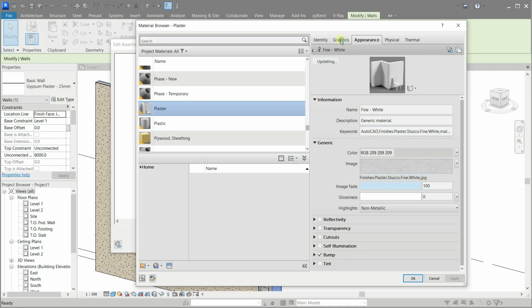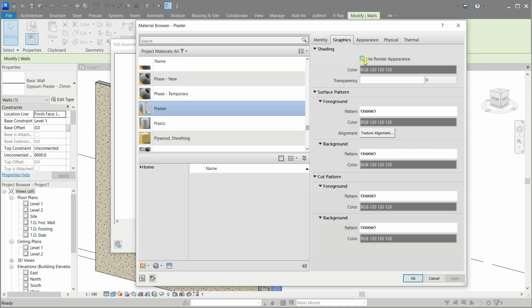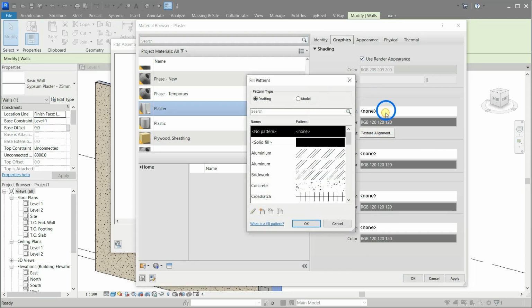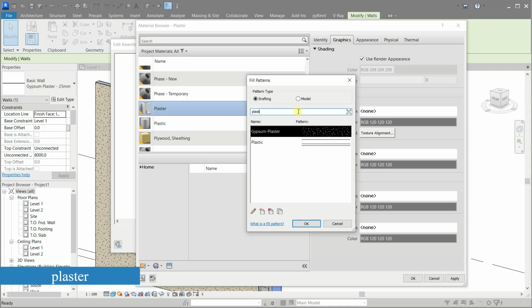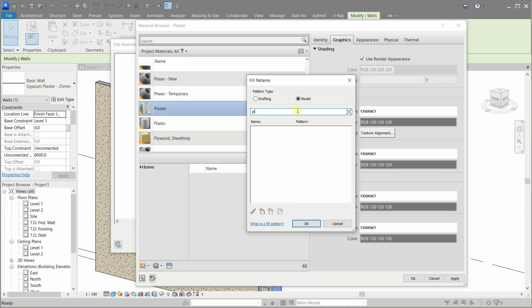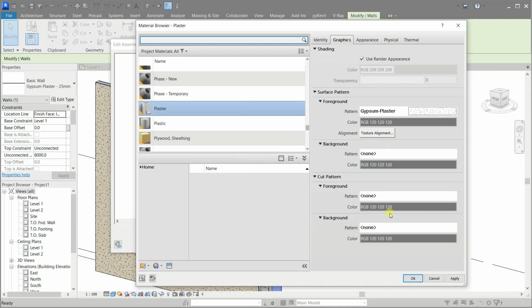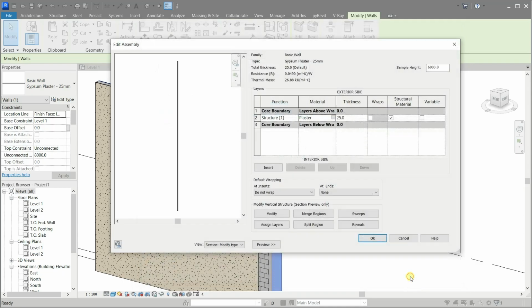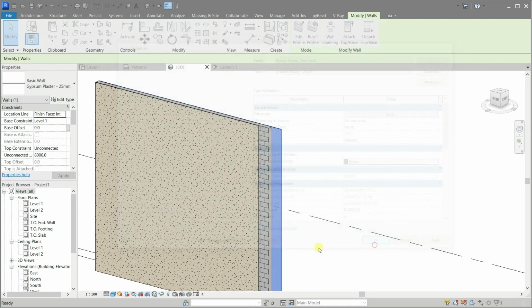Okay, let me change the plaster color and the material and check the use render appearance. Now it looks fine.